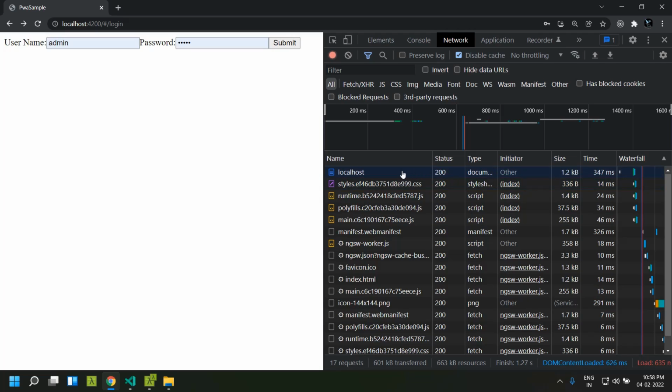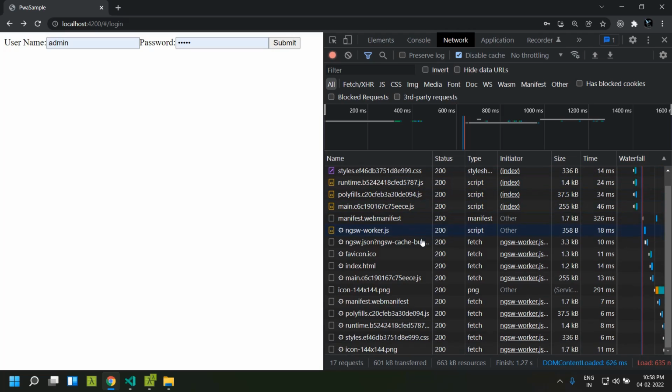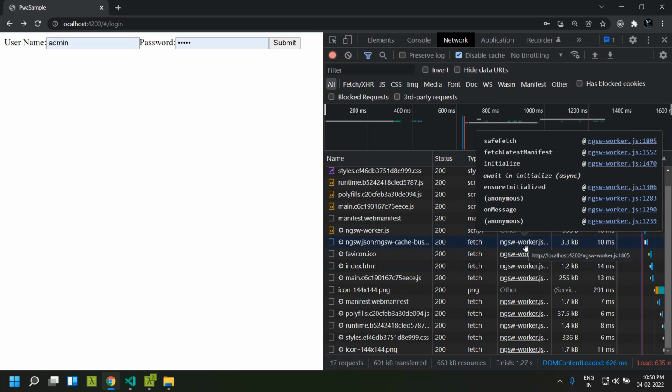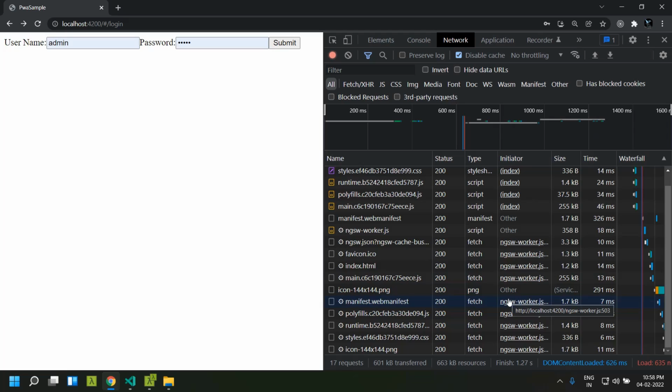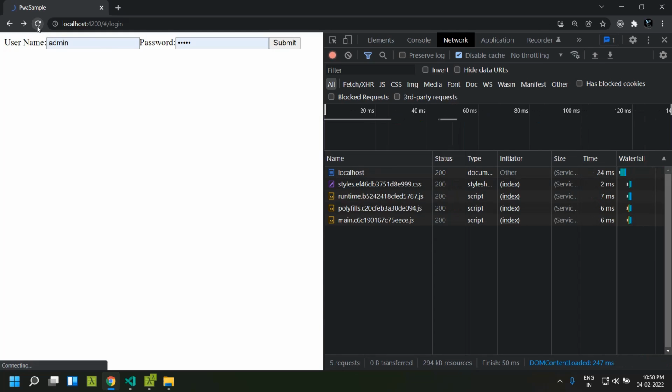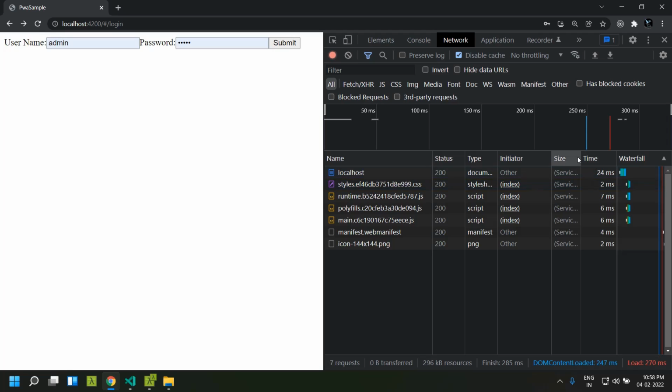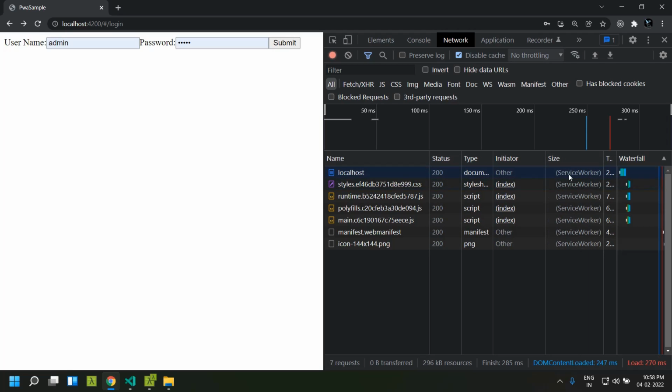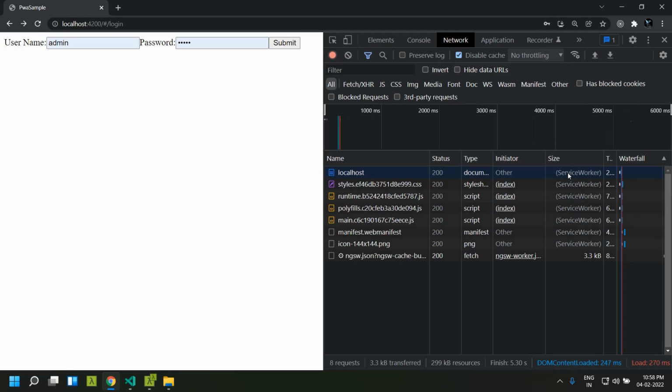you can see that the initial calls are all going through the network. But once that has been done, you can see that there are some calls which are showing the gear icon, and it is seen that it is initiated by the service worker. So once this has been done, when we try to reload the application the next time, you can see that it is much faster and the actual network call is not going, but it is coming from the service worker